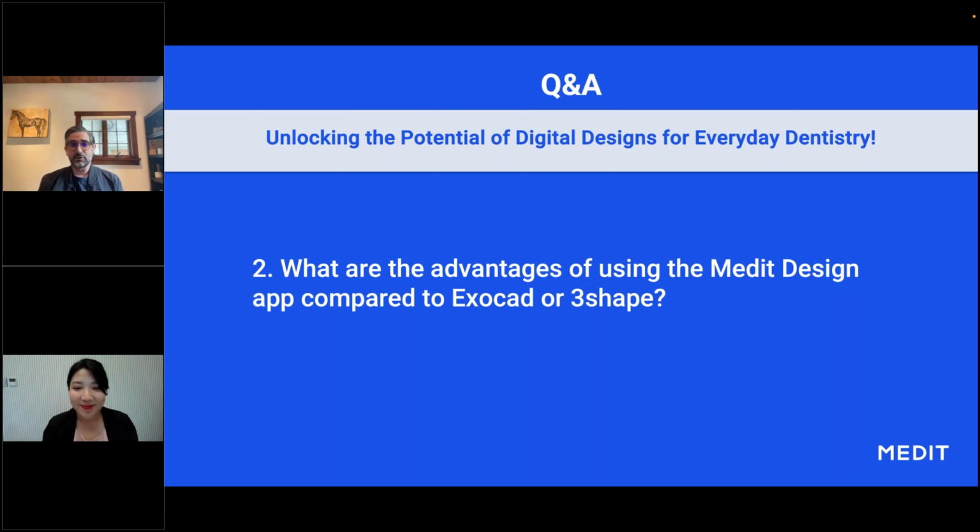Really, honestly, yeah, seriously, because I even have some friends that are exocad users, and I showed them how well it does it, and they were impressed. Because with exocad, like I said, I use exocad sometimes too, and you have to align with points or you have to select areas, but the automatic alignment that Medit design can do,